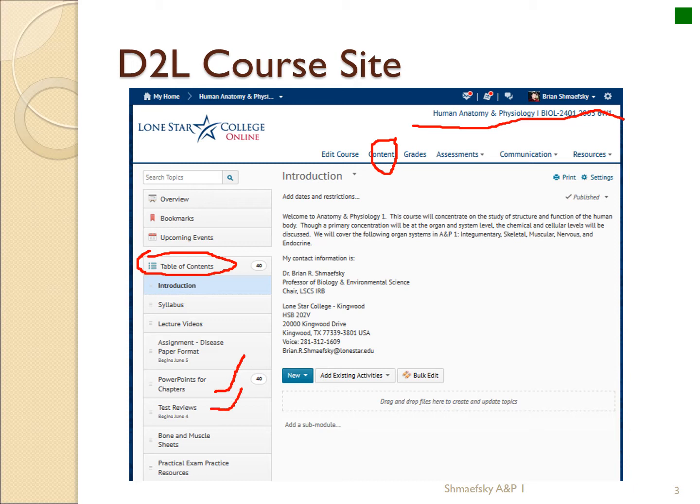You'll also see test reviews, which are posted now, just to give you an idea of what the test will look like. So you'll see similar, but maybe not identical questions. And as we go down here, you'll also be having practical exams. So I'm giving you study guides for the practicals, particularly what bones and muscles to know for this class, and also sample questions of what your practical exam is going to look like. A practical exam is typically done in class, okay, using specimens and PowerPoint slides for you to identify parts. So again, the D2L is going to be your major resource,